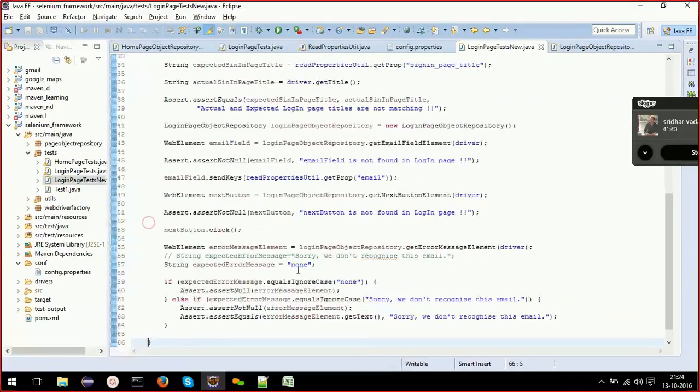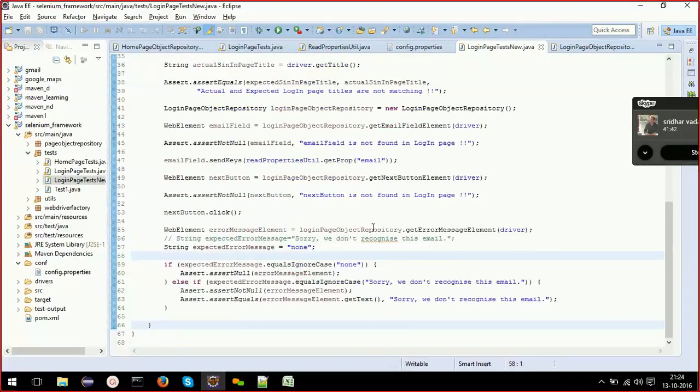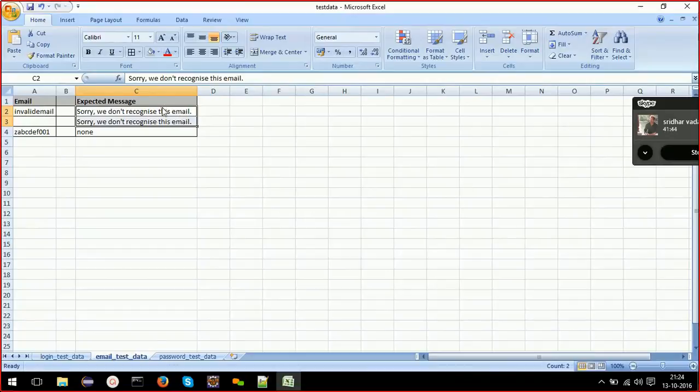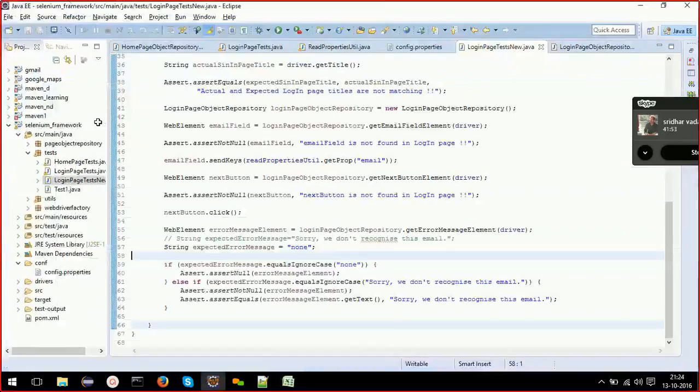Okay. Since we need to drive our test case based on the data that we pass from the Excel, we know that if expected error message is this, then the message element should be present in that page. So we are asserting that the element is not null. After that, we are also checking whether the text shown in that error message is the same as what we expect.